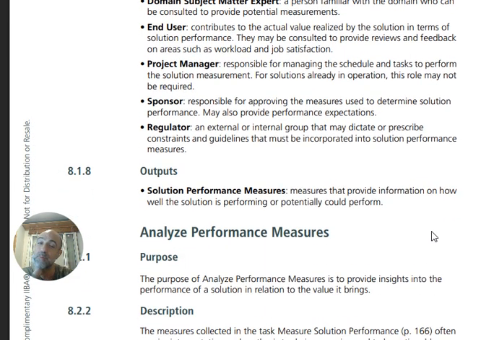What are the outputs? Solution performance measures. Yay. Yeah, let's jump to the other